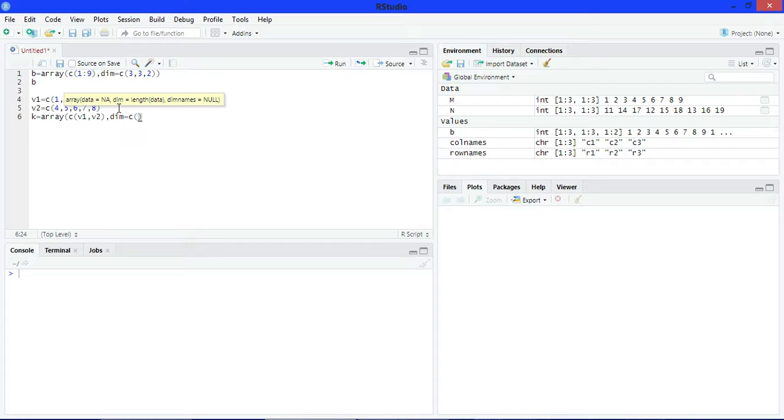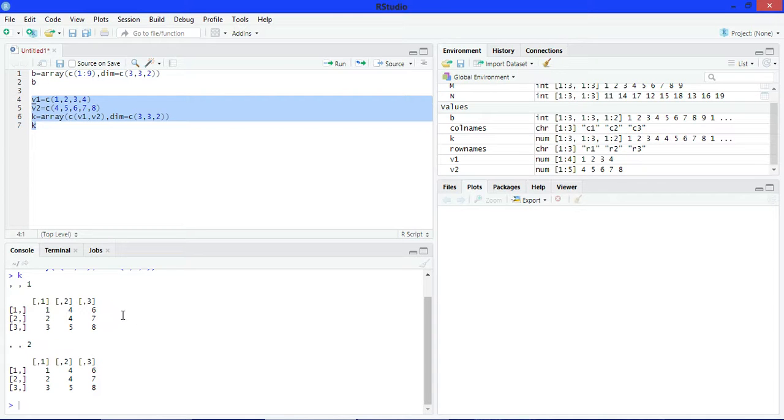Write here 3, 3, 2. Now print K. Run it. See, here there are two matrices of 3 by 3 which have 3 rows and 3 columns.